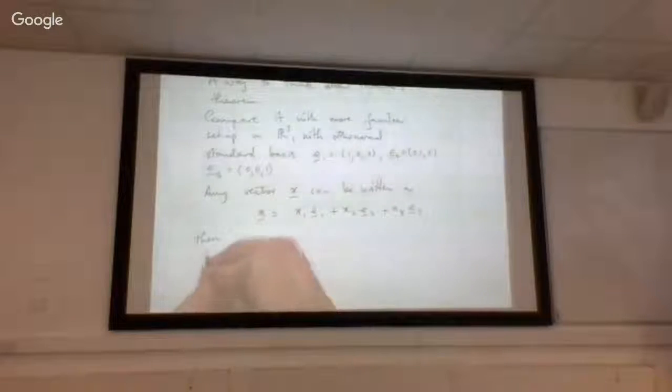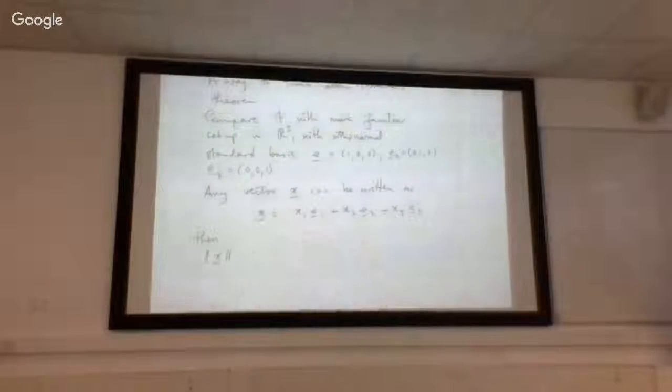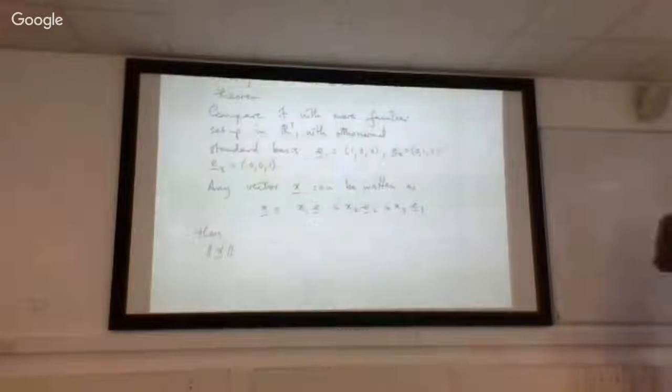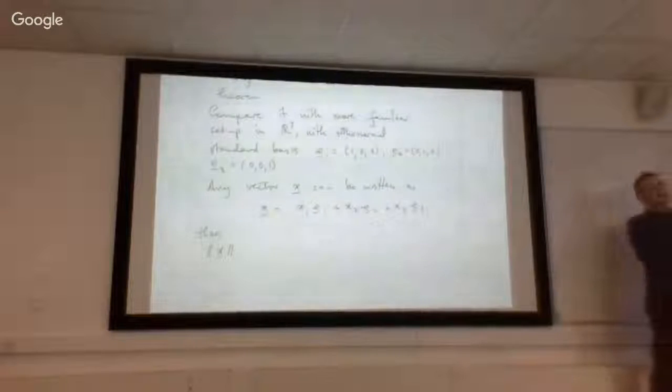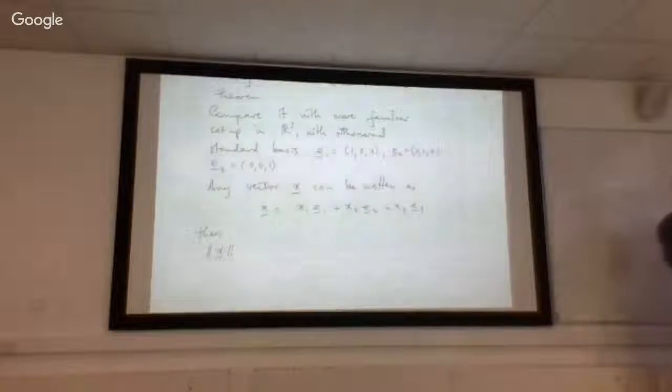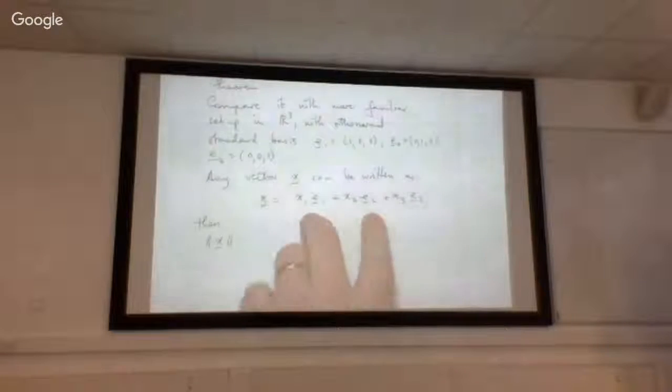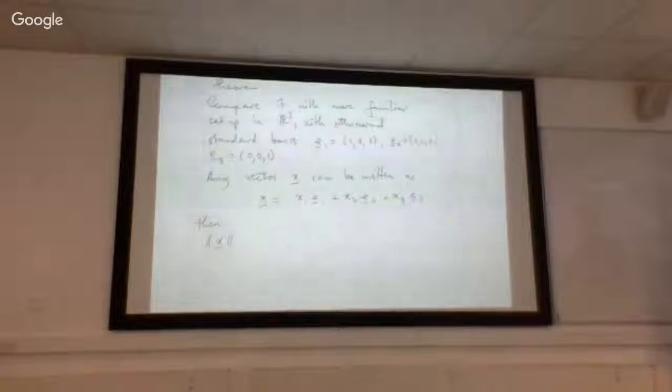And then, we're all very familiar with how to think about the norm of the vector x. The norm or the magnitude, the length of the vector x. What is the length of the vector x in R3? If what we know about x is its standard representation in terms of the orthonormal basis,